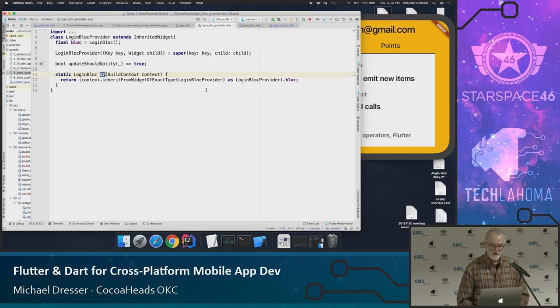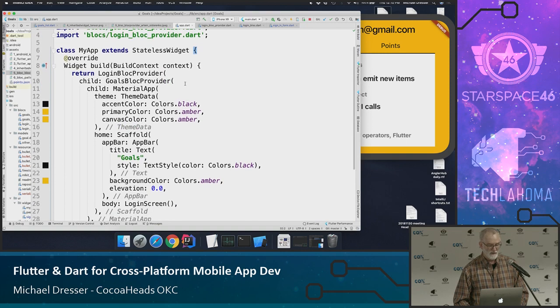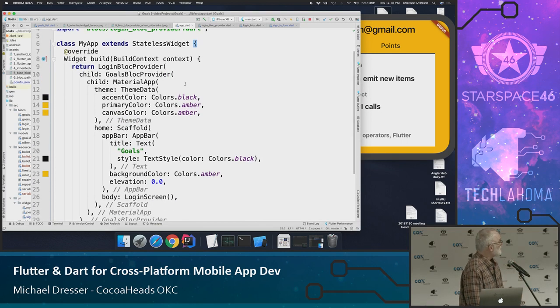And it's actually very simple. First of all, to give you an idea what that looks like, here's the app itself, which is in fact a widget. Many of the widgets have build functions. So what are you going to build to show on the screen?